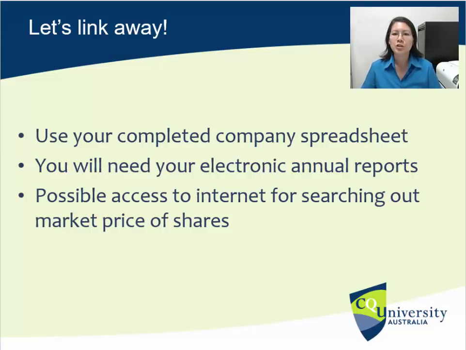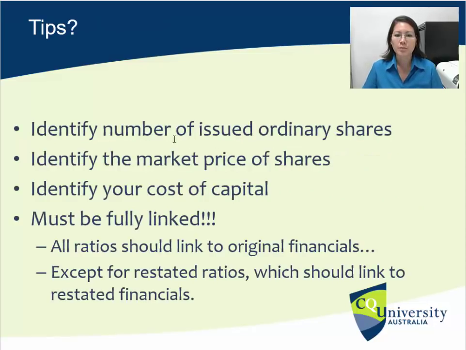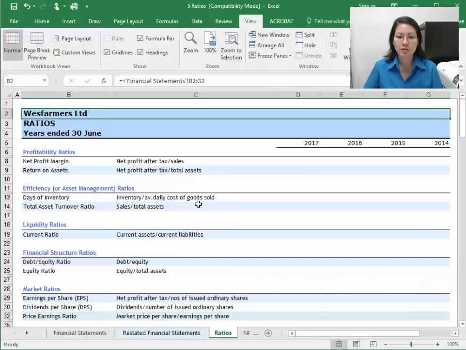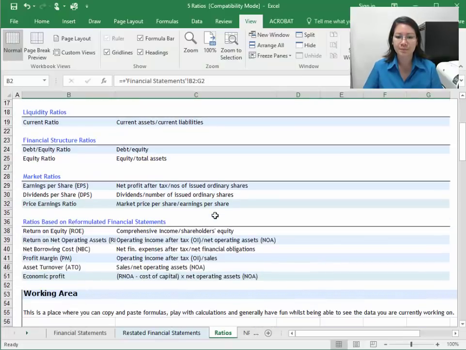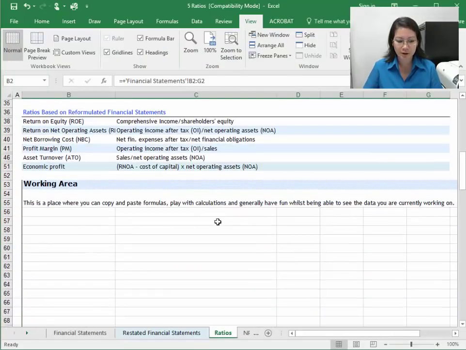Okay, so you've got all your documents here. So what we're going to do is the preparation now. We're going to go and identify these three items. We're going to put them in the bottom section of our spreadsheet. So we'll identify the number of issued ordinary shares as a number, not a dollar value. Identify the market price of our shares as at the balance date every year, and then identify the cost of capital for our firm. So just go to your ratios tab in your spreadsheet, scroll down to the workings area